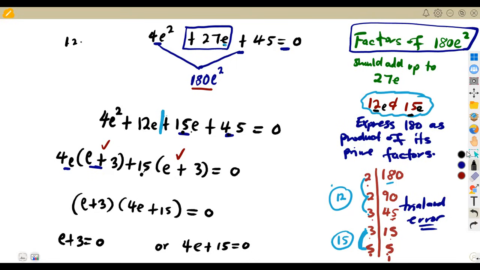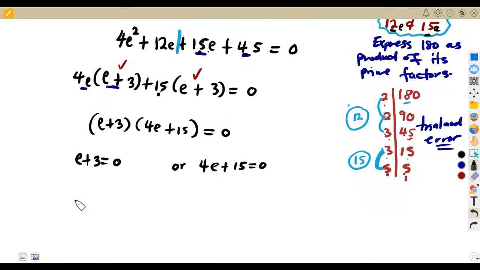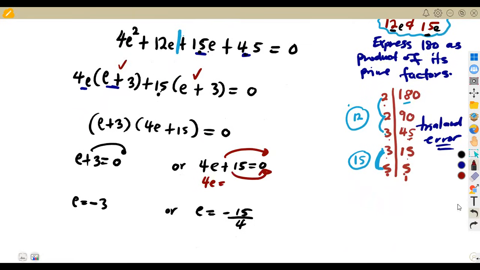from this part. So that means we can solve for e by transposing each part to the other side of the equation. So 3 to the other side is going to be a negative 3. We do the same with 15 to this side, it is going to be a negative. Then we divide by 4 at the end. So e is going to be negative 15 over 4. So take note here, it was supposed to be 4e is equal to, transpose this to the other side, it becomes a negative 15. Then you divide by 4, you divide by 4. That's obtaining the value of